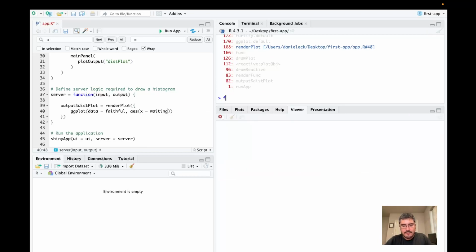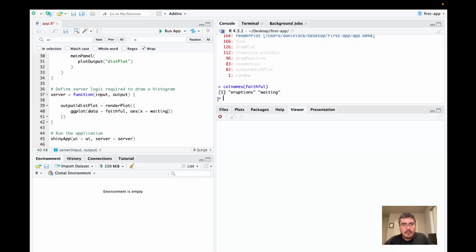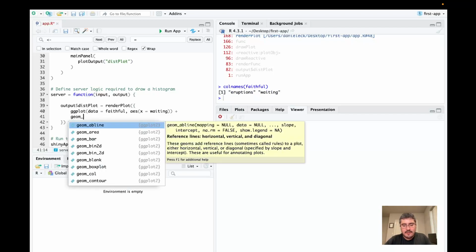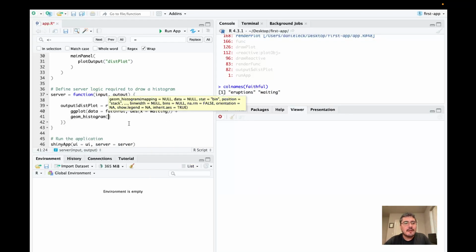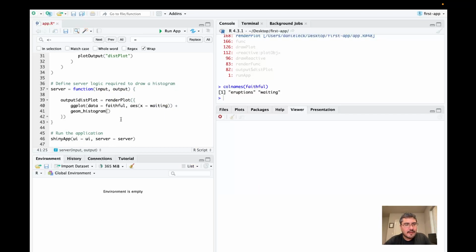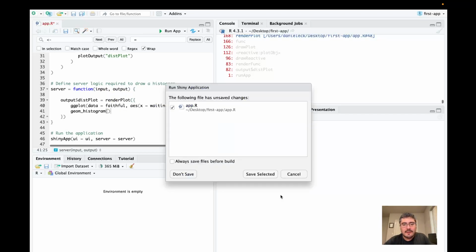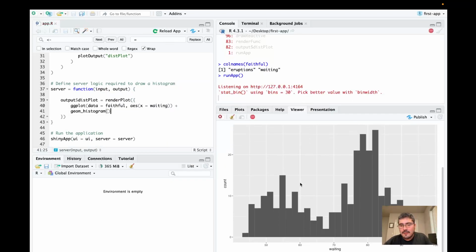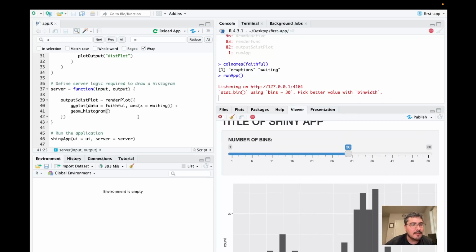Okay, what is this again? Faithful, column names. Okay, waiting. Plus geom histogram. Okay, so let's see what happens here. Okay, so now I can change from the base R stuff to this nice histogram using ggplot. All right. However,